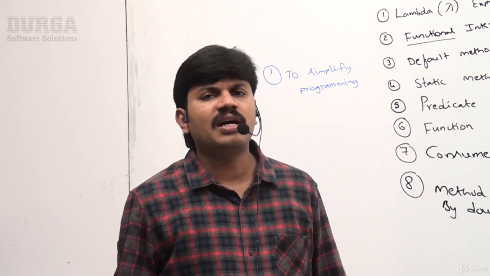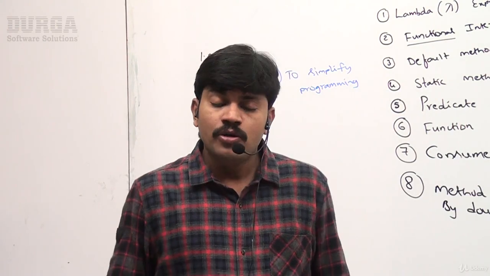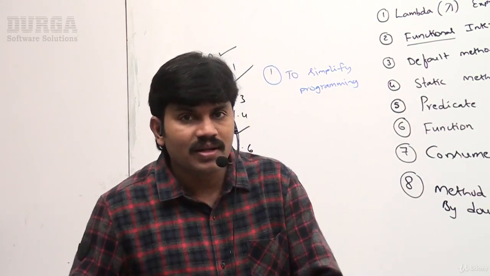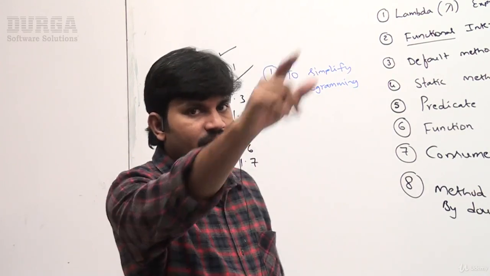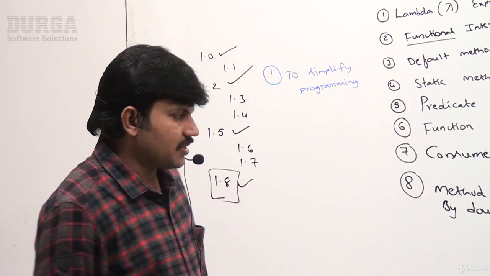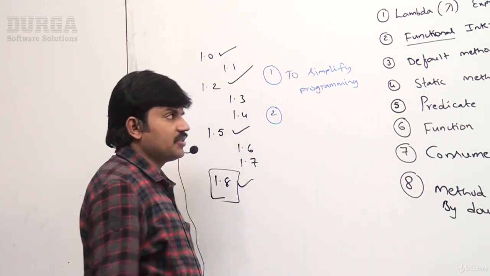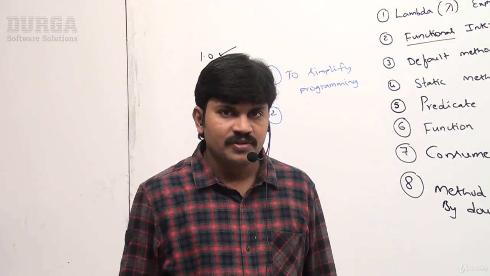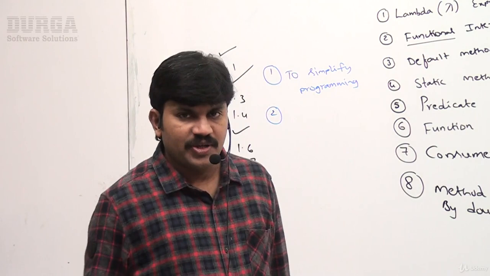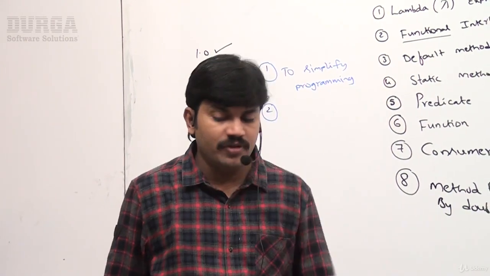So even for Java 8, the main intention is that you write more concise code, cleaner code, more maintainable code. For that purpose only the Java 1.8 version came, sir. That is the first thing. Next, the second one, very important, sir. Do you know the main intention of Java 8? We are using lambda expressions. For which purpose are we using lambda expressions? Observe that very carefully, sir.